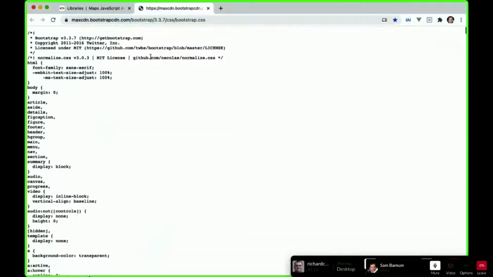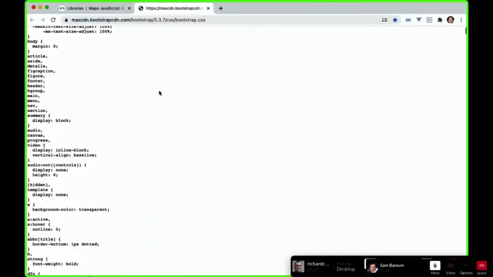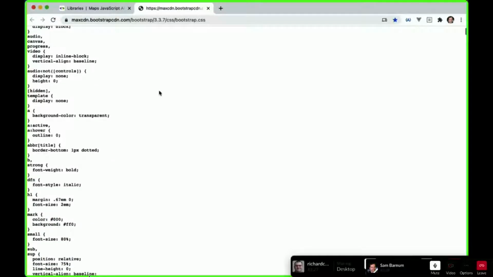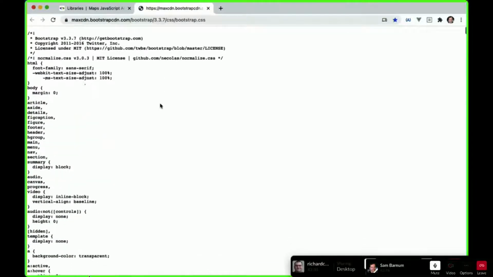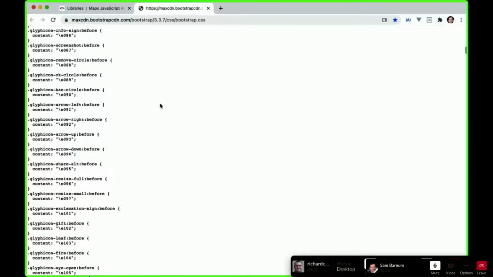Yeah. So I noticed, and I'm going to go off on my own little rant here, but I noticed that a lot of the built-in add-ons include Bootstrap, which is cool. I use it also, but I don't include it unless I need it. But it is big. Like here, we'll scroll down, scroll.